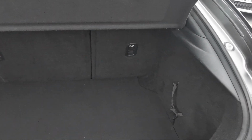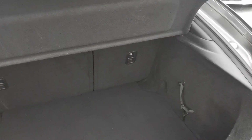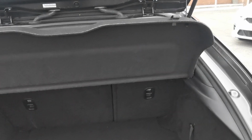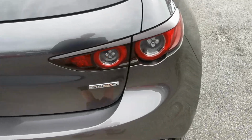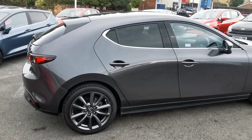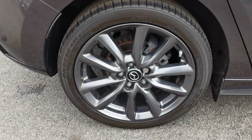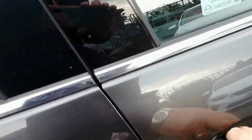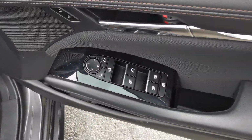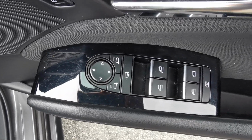So inside the rear load area you've got the 60/40 split rear seat. So moving round to the driver's side of the car now. Driver's side rear alloy wheel. Inside the car on the driver's door you've got the controls for the electric windows all round, electric mirror adjustment, and this car's got the electric folding mirrors,